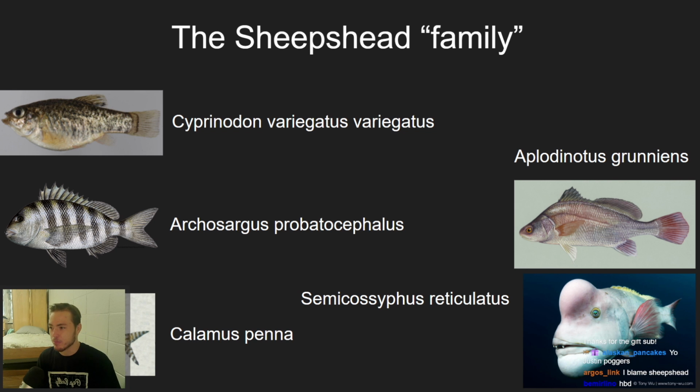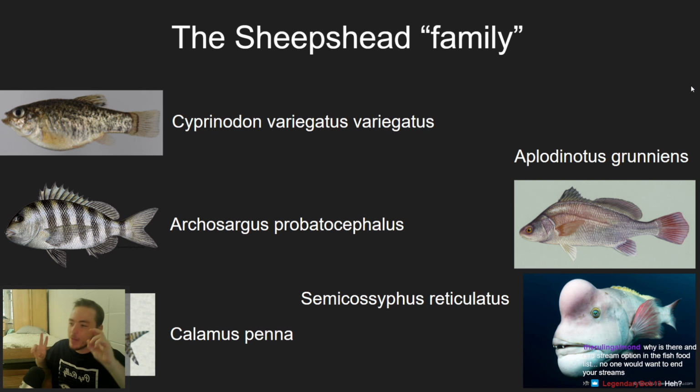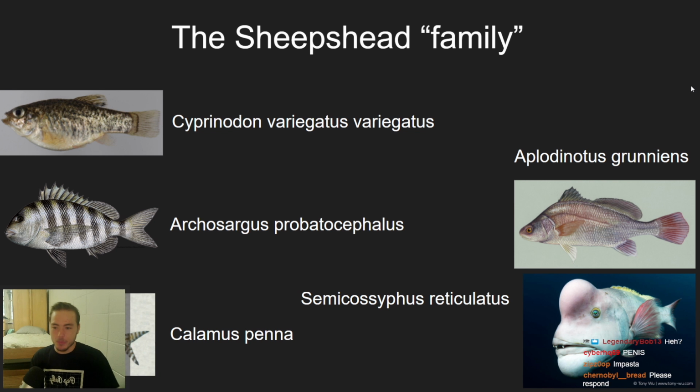So this creates a weird problem where common names suck, but scientific names are too difficult to memorize. I think that there should be a standard name, which is basically a common name that is universal. So you can call this a sheepshead, but you can only call this a sheepshead if that is the only fish in the English language that you call a sheepshead.